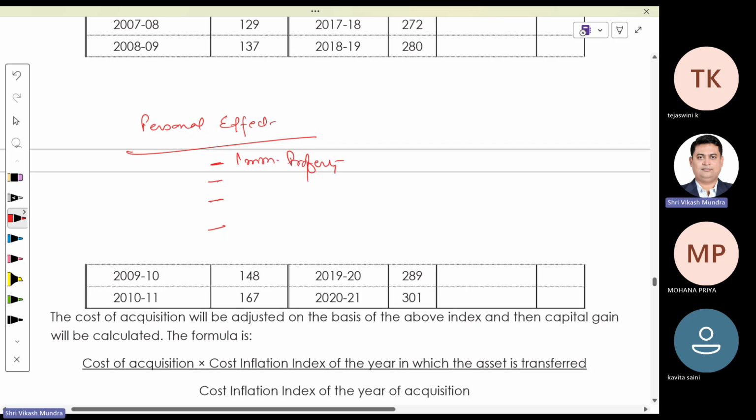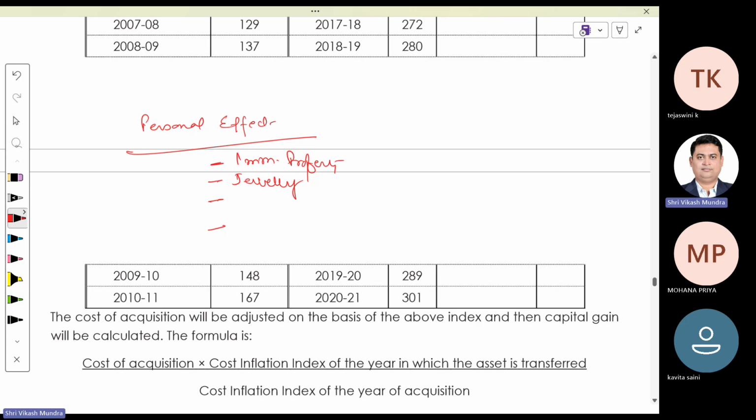Even though I am residing in this house, this flat, that is, I'm using this flat for my personal purpose, still this house is not considered as a personal effect asset. This house, this flat would be considered as a capital asset. Done. Number two, jewelry. Even though